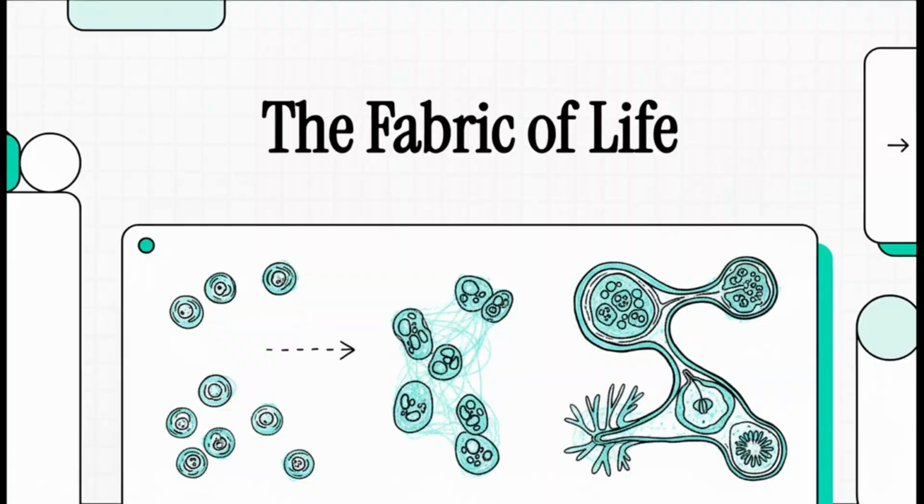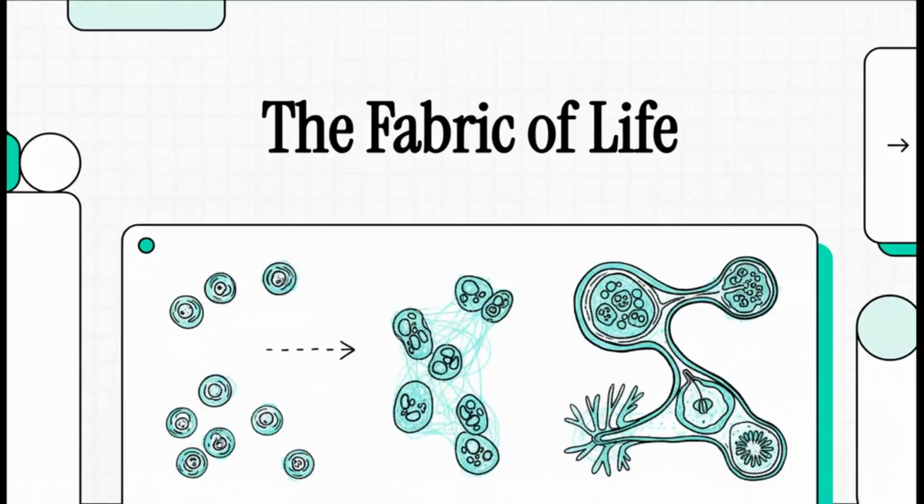Okay, let's step back and bring this all together. What have we seen here? We've seen two completely brilliant yet totally different solutions to the exact same problem of building a complex organism. The plant's answer is a rigid structural blueprint built for staying put. The animal's answer is a flexible, dynamic toolkit built for motion. Both get the job done, just in very different ways.